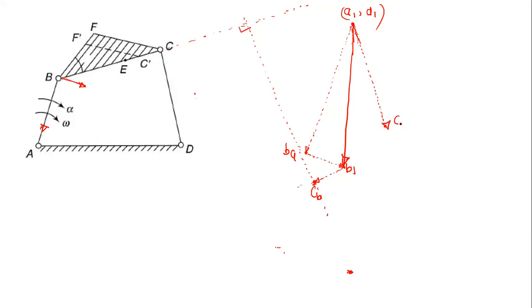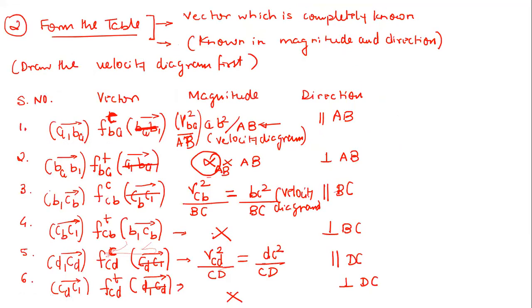So let us say this is my D1 CD point, right? Now just tell me here. If you observe these two vectors, that is the fourth vector CBC1 and CDC1, which is the common point in both the vectors? Point C1. So the C1 is common to both the vectors. That means we can use these two vectors.